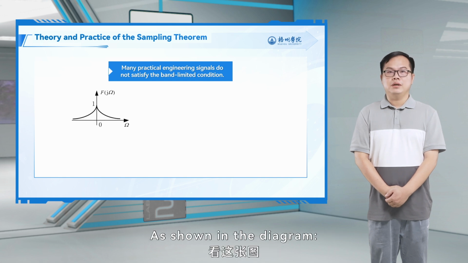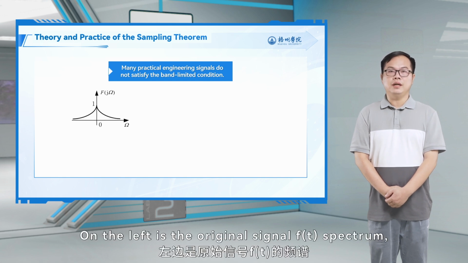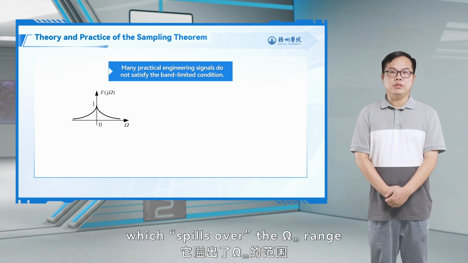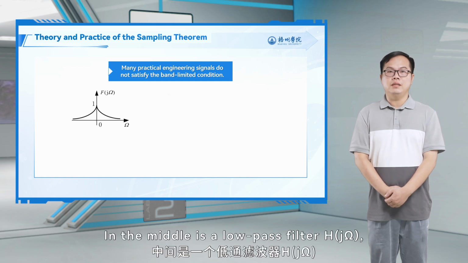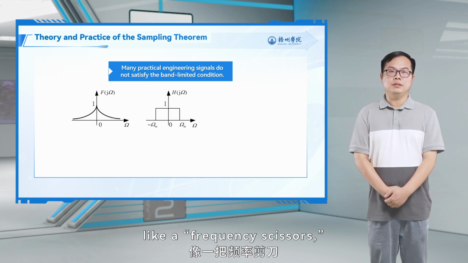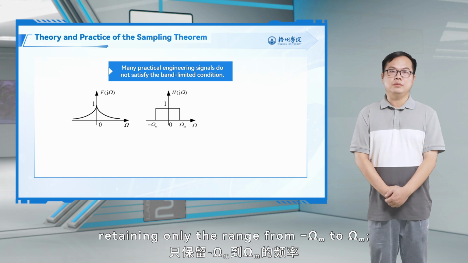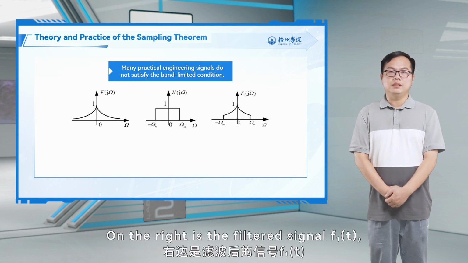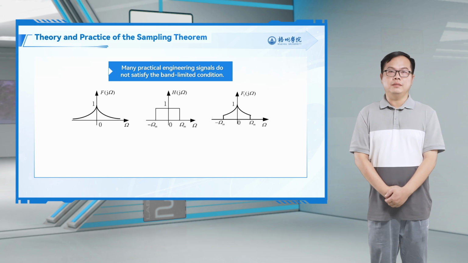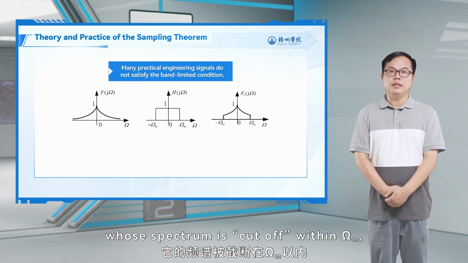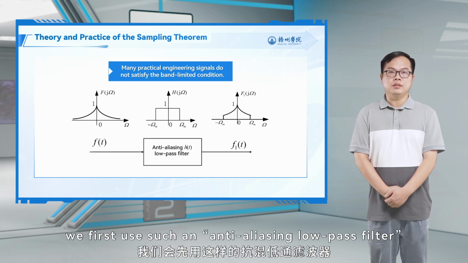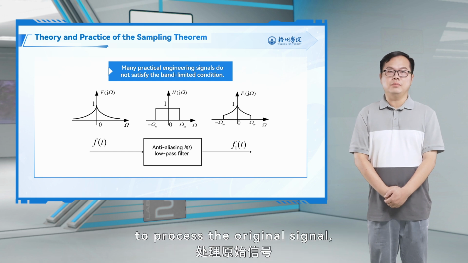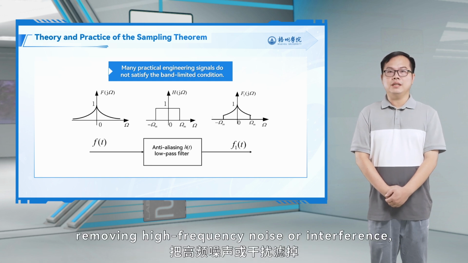As shown in the diagram, on the left is the original signal f(t) spectrum, which spills over the ωm range containing high-frequency components. In the middle is a low-pass filter H(jω), like a frequency scissors, retaining only the range from minus ωm to ωm. On the right is the filtered signal f1(t), whose spectrum is cut off within ωm, becoming a band-limited signal. In practice, we first use such an anti-aliasing low-pass filter to process the original signal, removing high-frequency noise